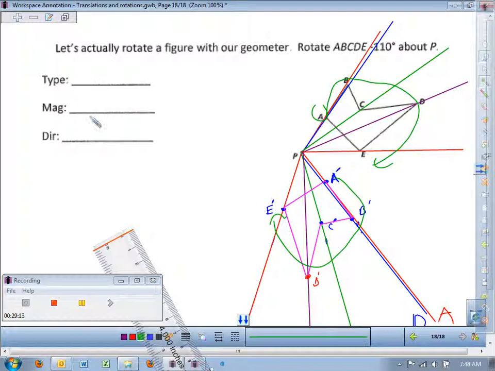Remember, that was rotation, negative 110 degrees, clockwise. If it was counterclockwise, you do the same thing but with your geometer right side up. So the trick was, did you have your geometer the right way? What totally sucks is if you do all that work and you did it the wrong direction because you had your geometer facing right side up or upside down the wrong way. So be very careful that you're doing that. Put that helper arrow. Doesn't it look like that thing rotated that direction? So give it a shot. If you need some help,